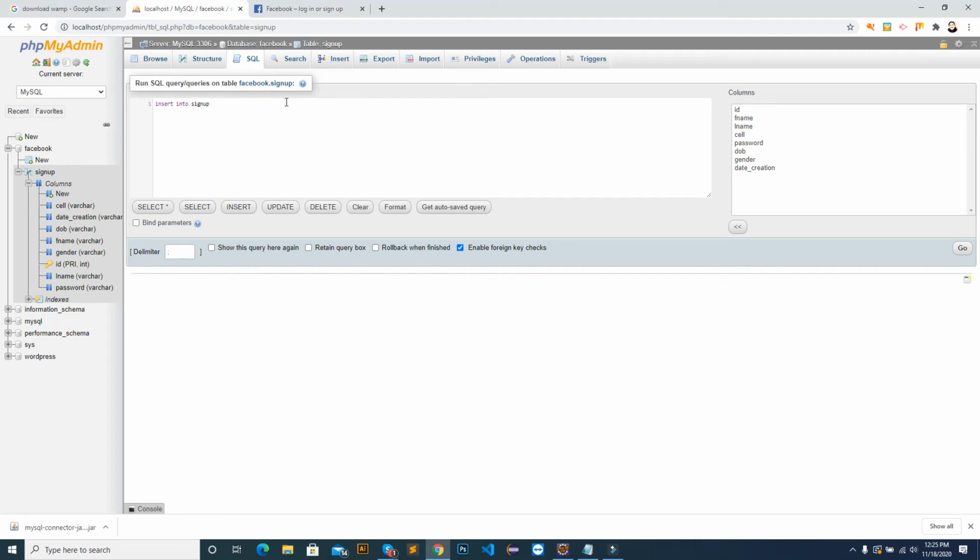So we have this first name, last name, cell, password, and we have date of birth, gender, and creation date, and we will have values. Value 1 is for the first name we have A, for the last name we have B,